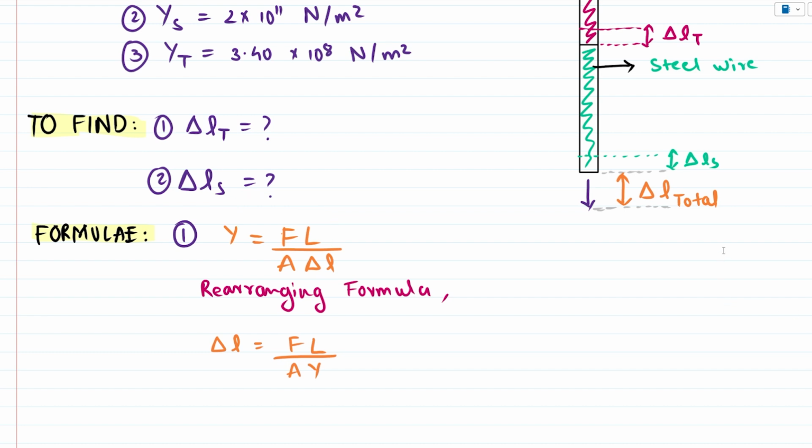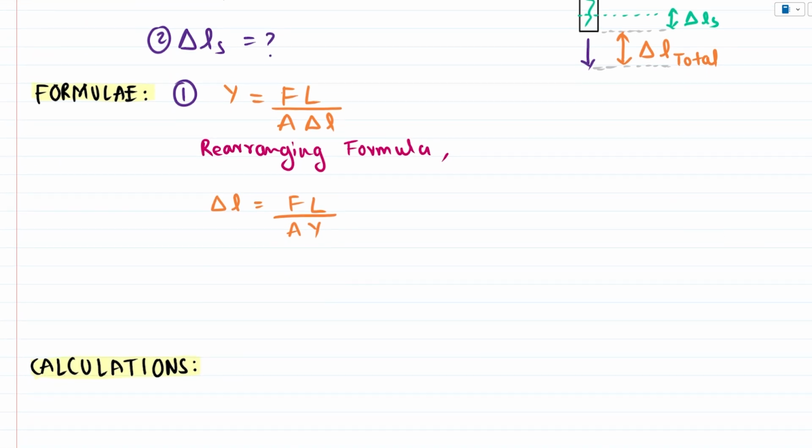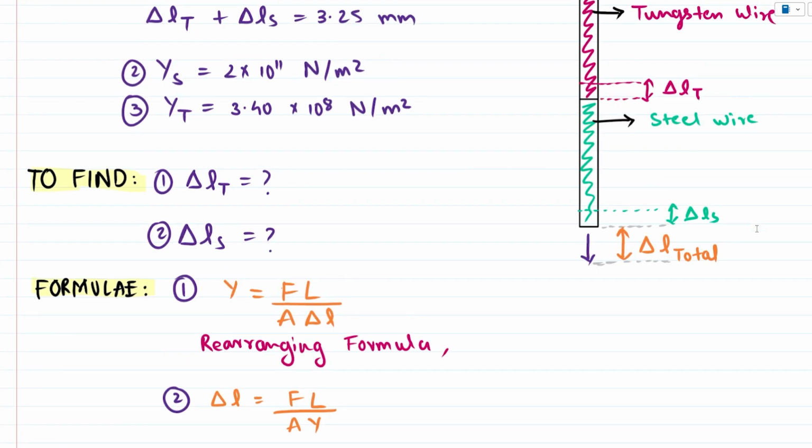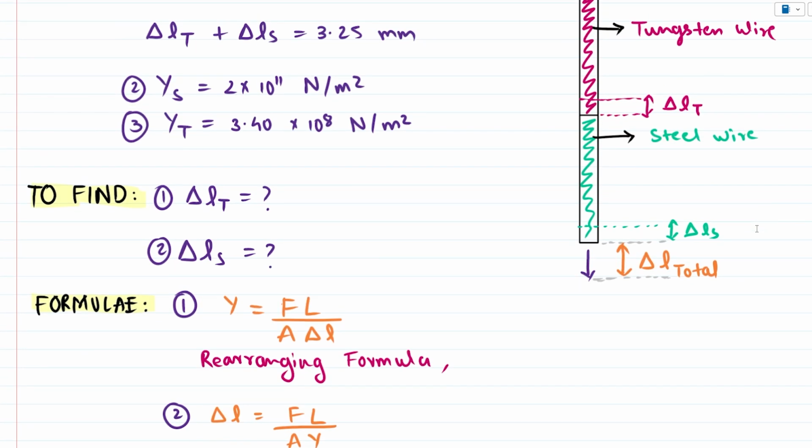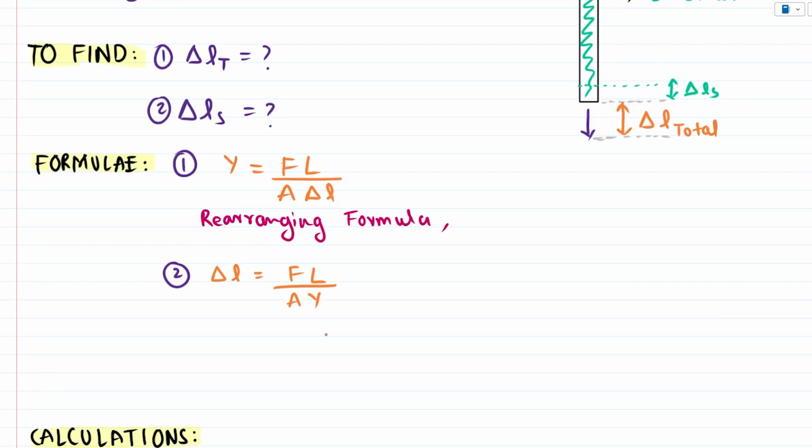So एक simple rearrangement कर दिया है. Now this formula, if you see, is much more better and capable of fetching us the value for delta L less and delta T. Apart from this, question specifically mentions कि the force applied on both the wires, the length of both the wires and area of cross section for both the wires is same. So F, L and A for both the wires